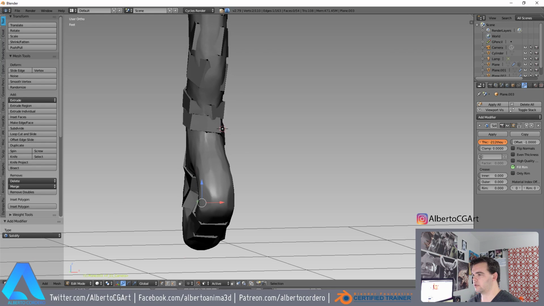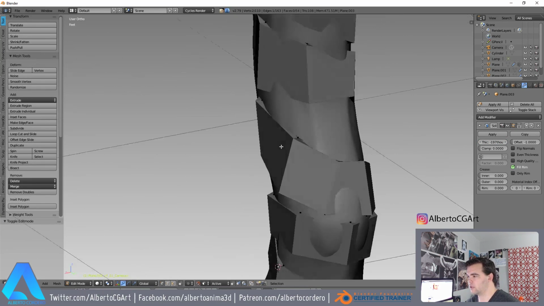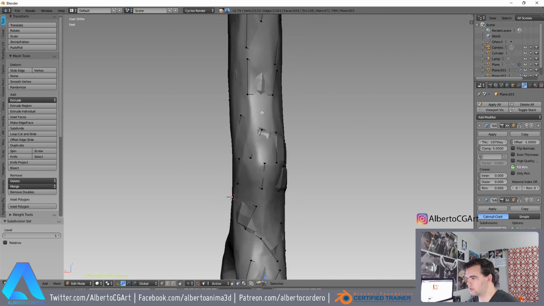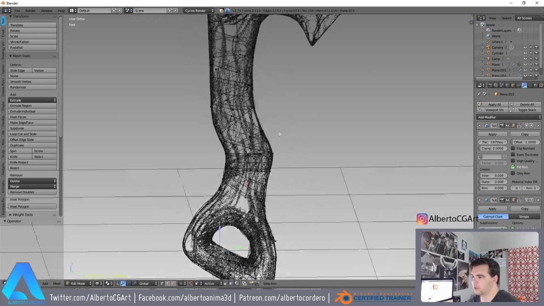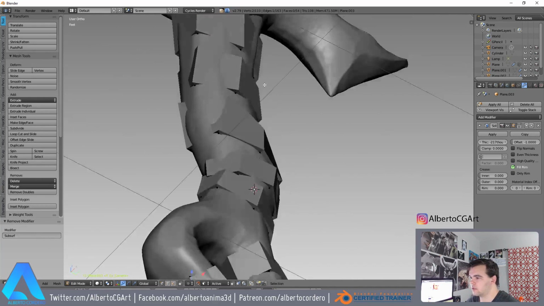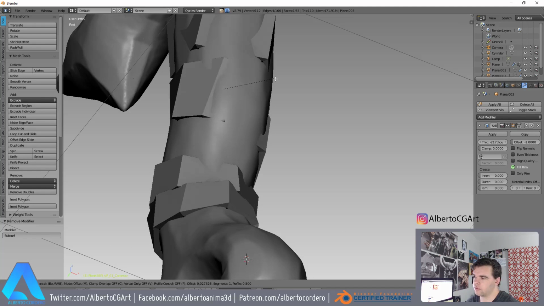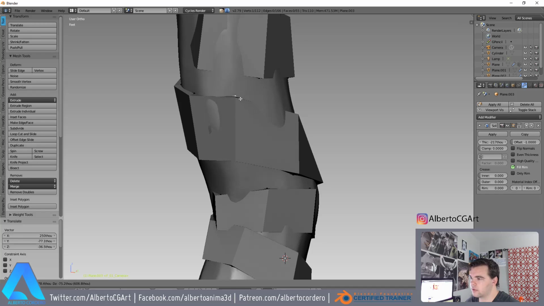I'm going to invert. And let me add, oh yeah, let me just take this off. There you go. I'm going to be adding some more subdivisions just to make it